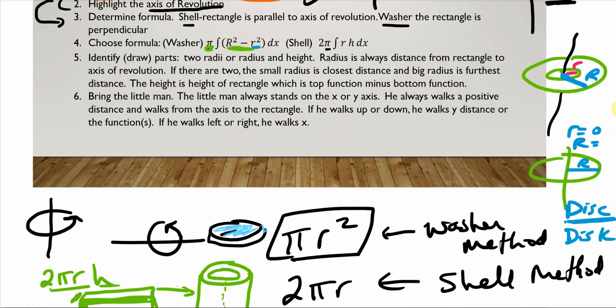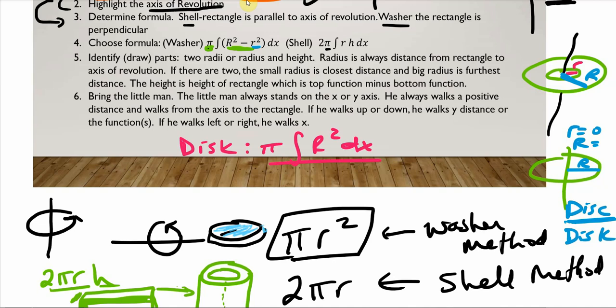The little r right here, this guy is touching it, and if it touches, that means that little r is 0. And if little r is 0, I'm going to be left with this formula. The disk is going to be pi big radius squared dx, and that's it. So the disk method is really the washer method, except that the little radius is 0. All right. Now, you need to understand, when you look at these two formulas, what are the letters that you